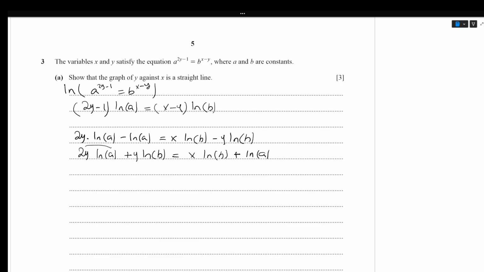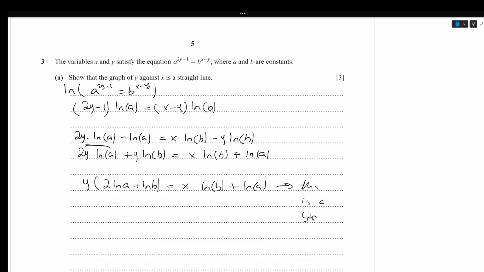Now you can take y common and you'll be left with 2 ln a plus ln b is equals to x ln b plus ln a, and essentially this is enough to show that this is a